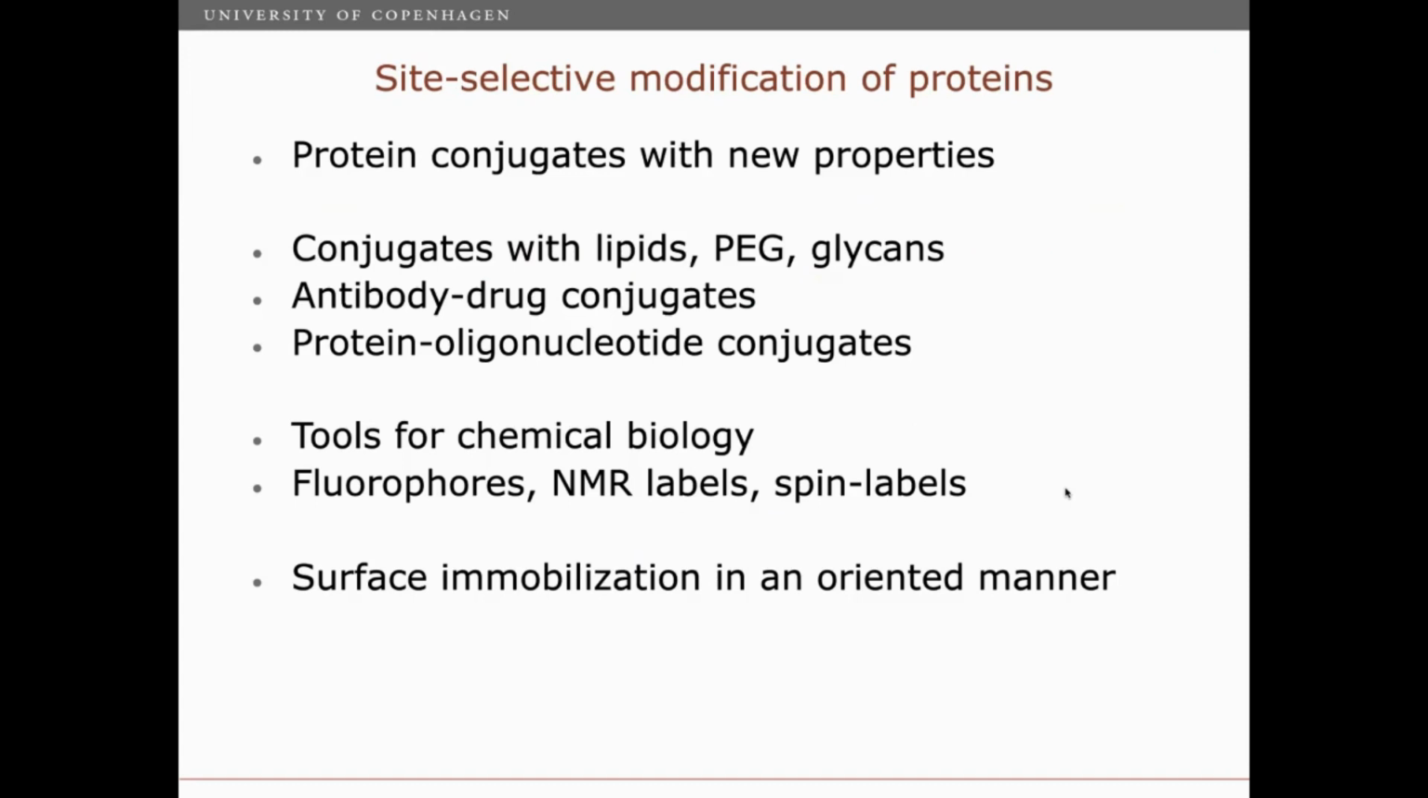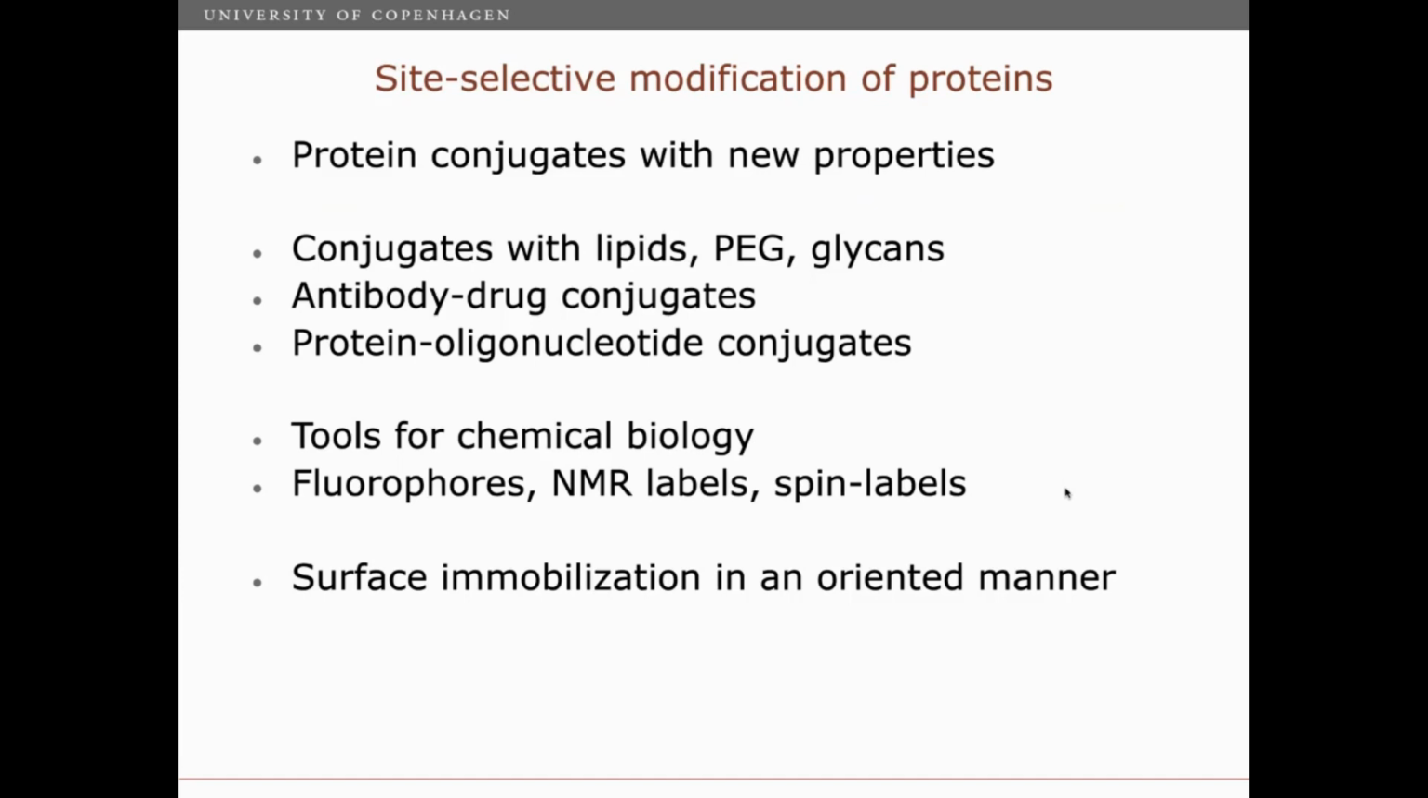Good. So site-selective modification of proteins is really important because it can give conjugates with new properties. And I thank Dr. Rustler for the introduction to other methods for doing this. And I would show how you can use really small peptide segments as tools to achieve these conjugations. So the conjugates that can be obtained would be